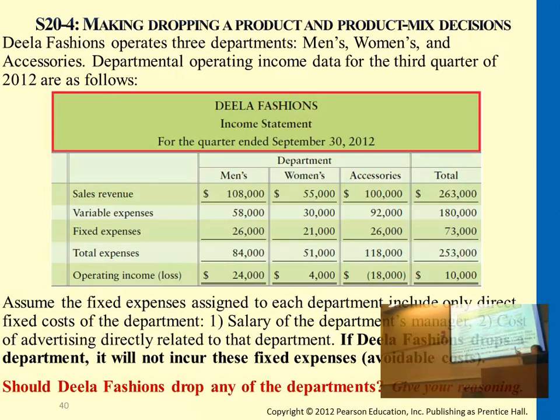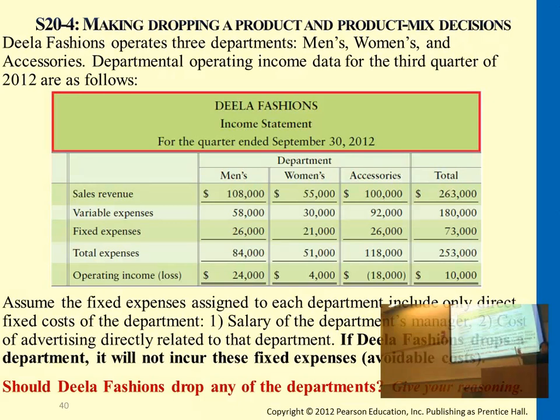If it's unavoidable, we don't need to compare the fixed cost anymore. Avoidable means that if you drop accessories, you're saving 118 and you're not getting revenue 100, because all of the costs will disappear. If it's unavoidable, meaning the fixed expenses, for example, could be certain furniture or assets used in that department, can still be kept on being used in the business, so it's still there. You still need to depreciate it. So that $26,000 will still occur next season, right? Then the cost saving you're really making is just $92,000 compared against $100,000, right?